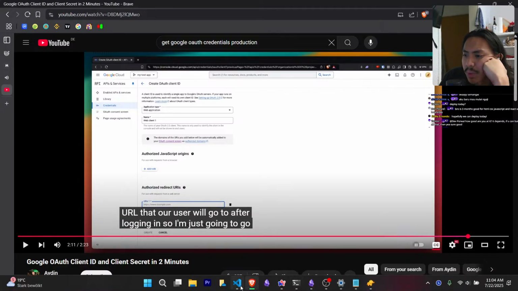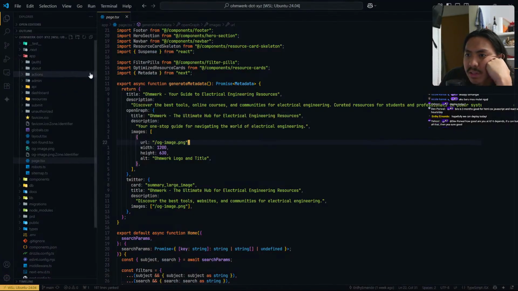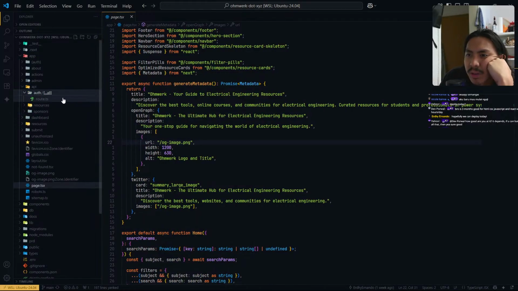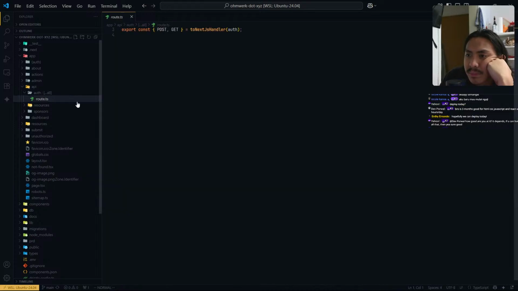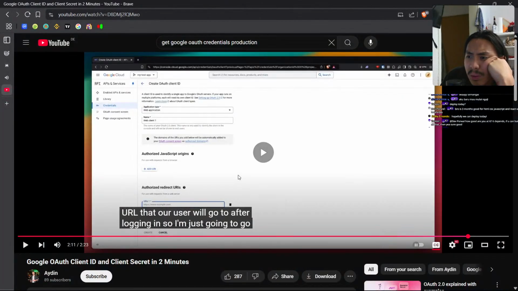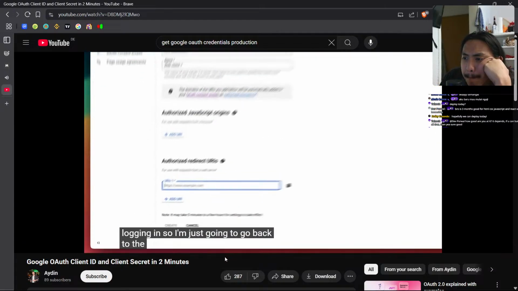Oh, wait, but is it set up correctly? And does it take the, wait. I kind of forgot. Does it set up in the env already? Back to the home page,